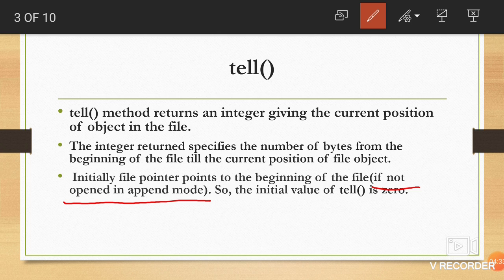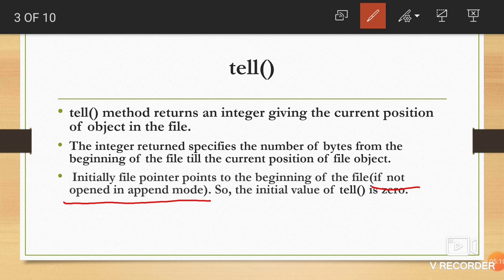Naturally, when you add some content to the file, the file pointer will be moved to the current position. After appending, the file pointer will stay at the position of the newly entered data. So unless your file is opened in append mode, it will show the initial value as 0. And if you opened it for adding data by using append mode, then it will show you a different value.